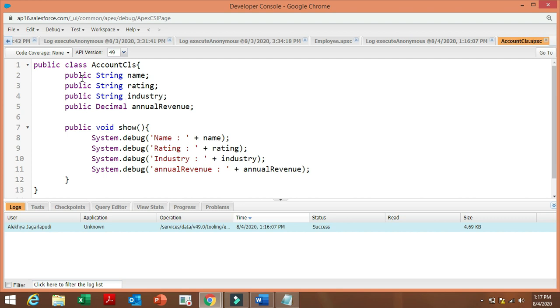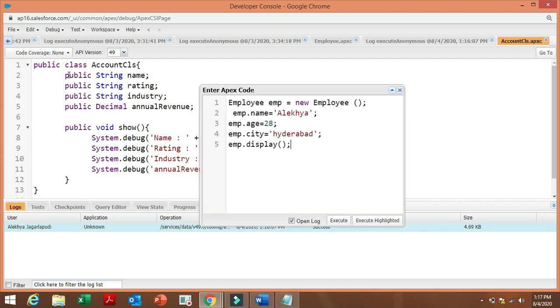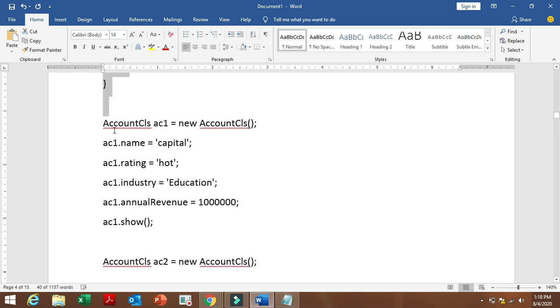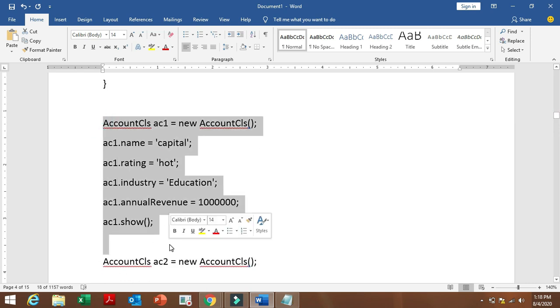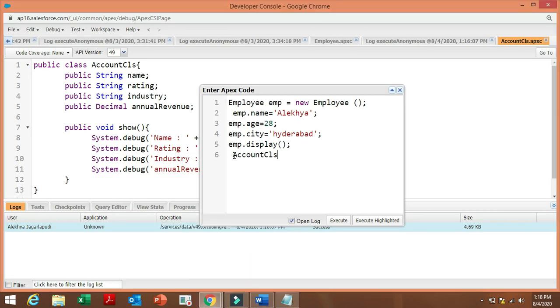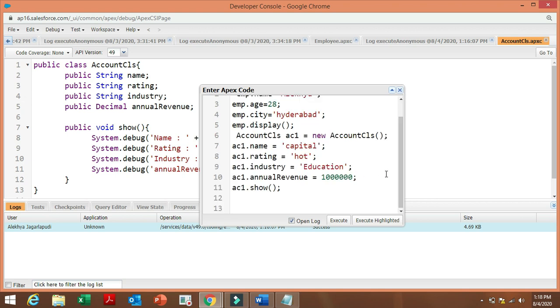And then execute this using the anonymous window. How will we execute this? In the same manner. It's already given. Let's paste this. Okay.